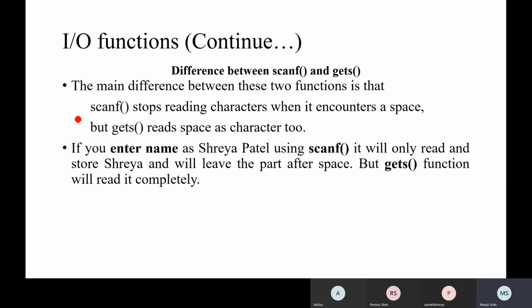Suppose we would like to read a string with spaces using scanf, we need to change the control string from %s, which is used for string. Instead of that, we need to work with %[^\n], where we are using the backslash n character over here, right?